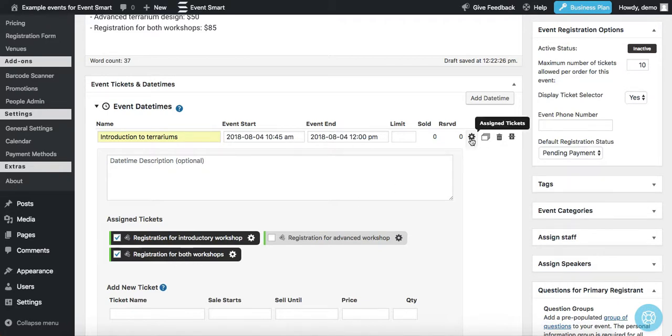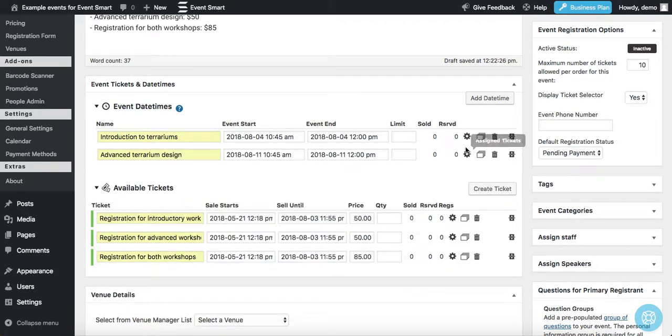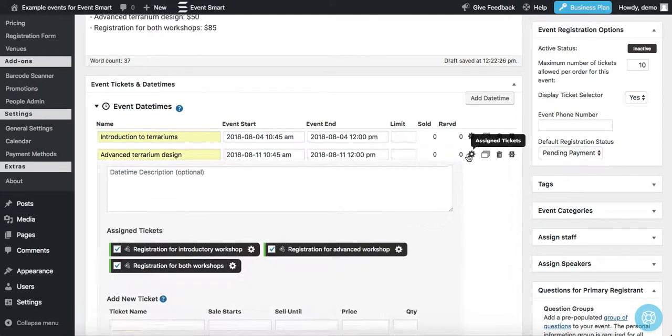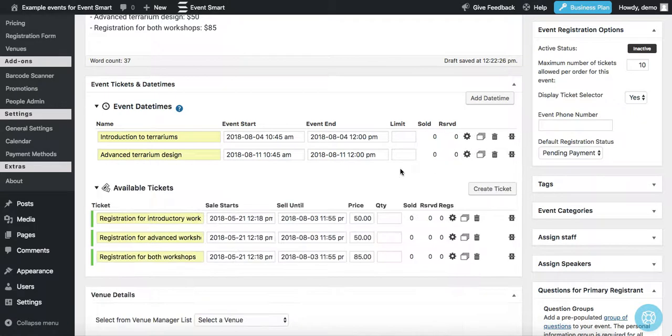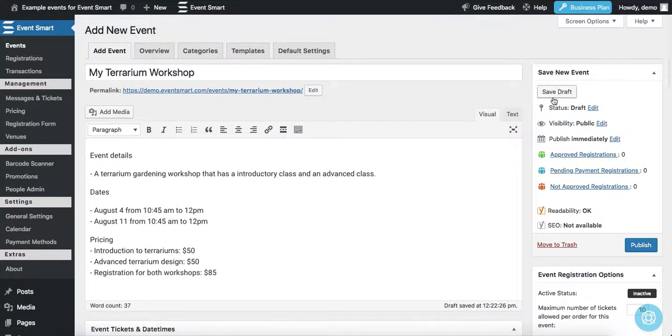Okay, then we're going to do that one more time for the advanced. So again, I'm going to click on this gear icon, and then we're looking at the advanced, so we're going to keep advanced and keep the registration option for both, and then pull the intro. Okay, and from there what I'll do is I'll scroll up and then click on the save draft button,